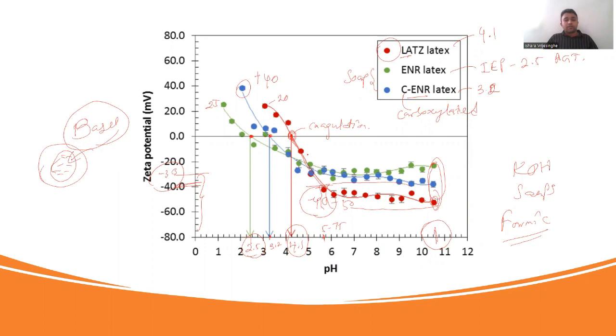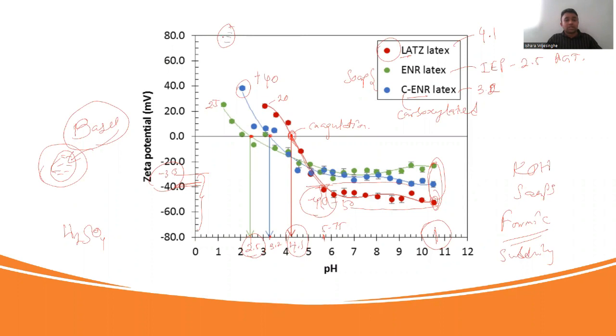But if I do this quickly, or else instead of adding formic, I will add concentrated sulfuric acid quickly, or else formic acid I will add it suddenly. So then this pH will drop to this point and the particles will,